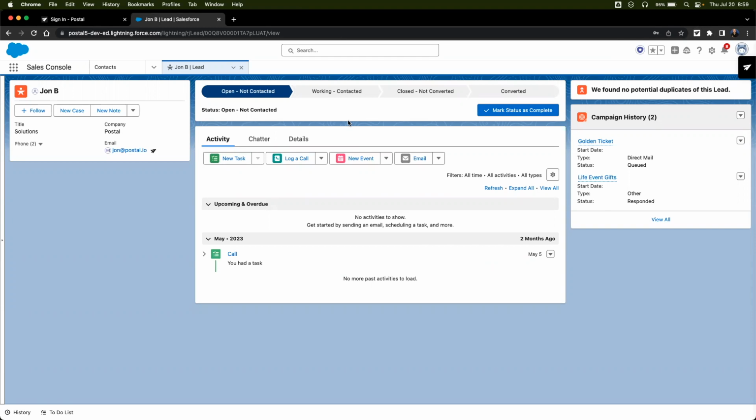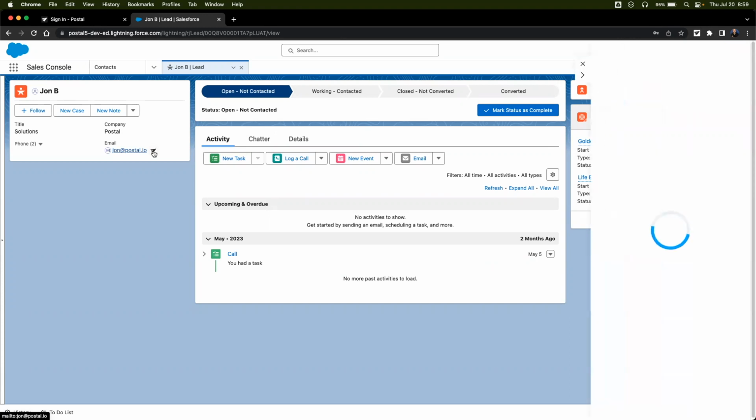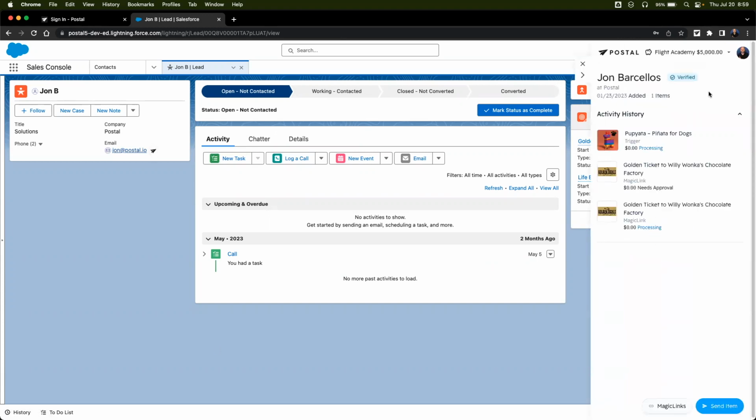And the unique thing about your contacts, once they've been synced with Postal, is we'll notice a little paper airplane icon here for all of the flyers. By clicking on this, the extension will open. The extension allows you, again, to execute all of the daily activity that you would need to do within Postal, from sending a magic link or sending a specific item